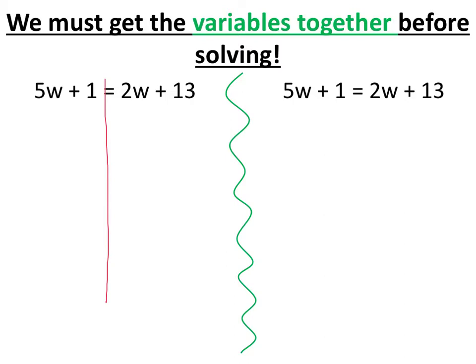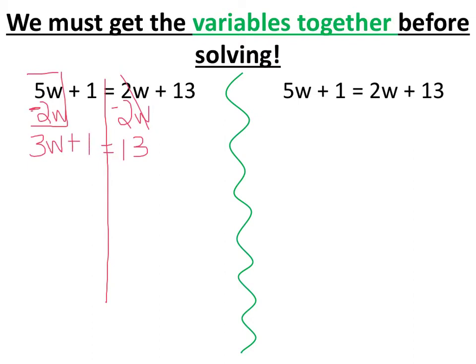The first thing you have to do is decide which one you want to move. So I'm going to move the 2w, and the way that we do that is we add the opposite. Now recall, if we add the opposite on the right, we also have to add the opposite on the left. So these two w's cancel out. On the right side, we have 13, so I'll bring that down. On the left side, we have 5w plus negative 2w. So I'm going to combine those like terms, and that gives me 3w,